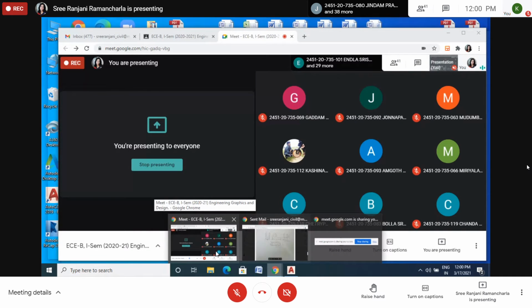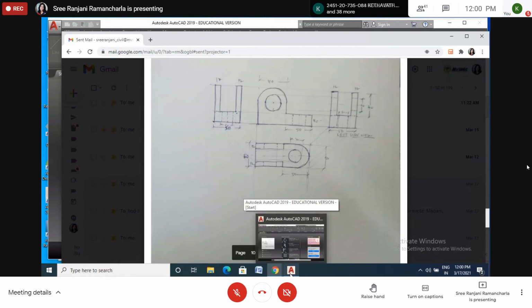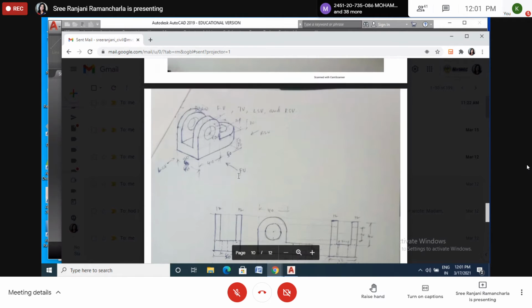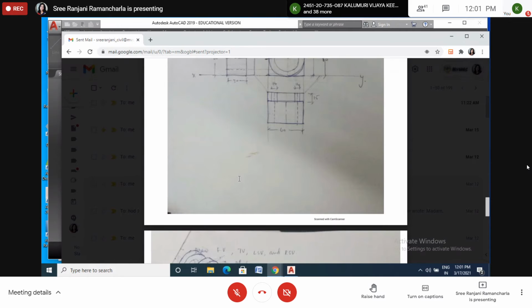This one is conversion of isometric views to orthographic views. What page are we on? Page number 76. This one I don't have, I did not take a picture of it. Now we will do one problem. Which one will be easy?